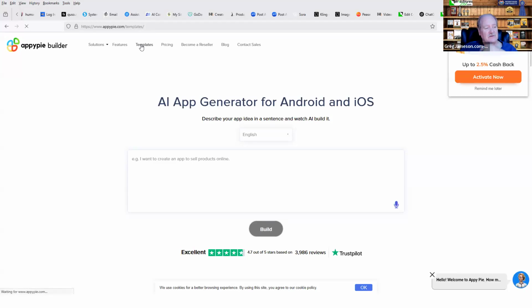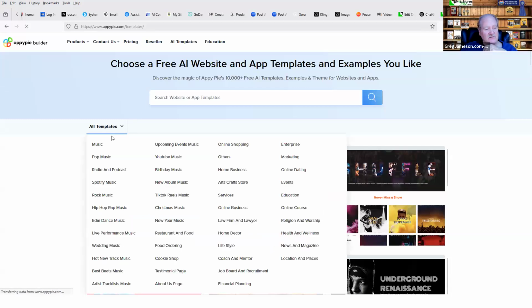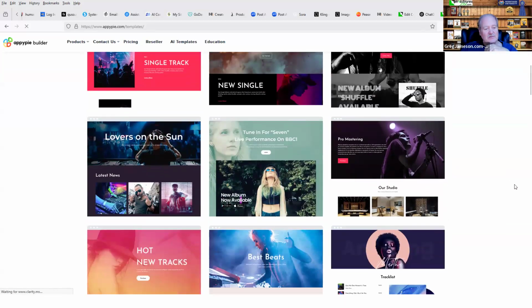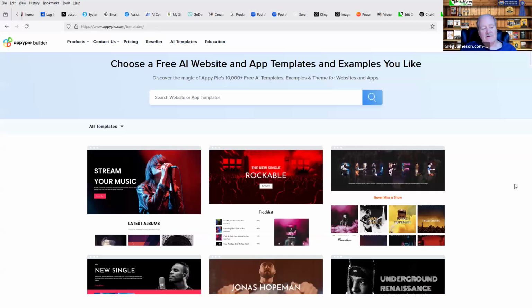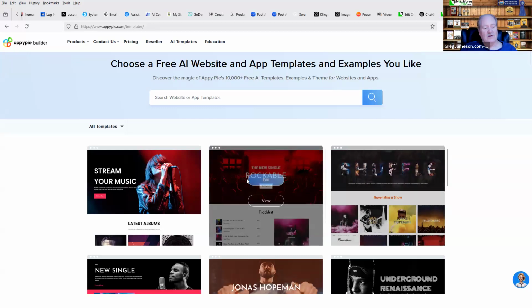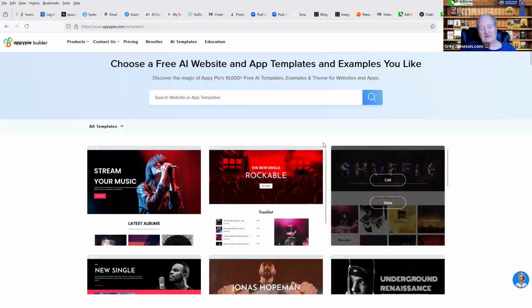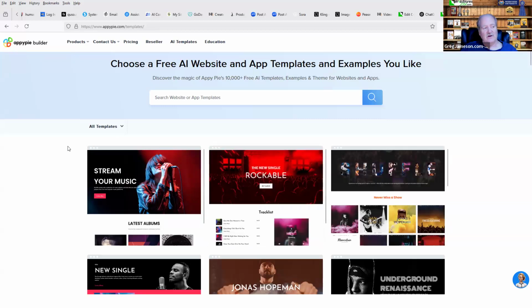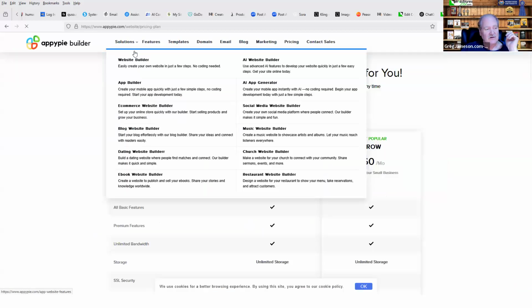There are a number of templates that you can use as starting points for your app as well. But the big thing is that, like I said, even if you are just using the free tools that they give you, there is a price attached up here as well.